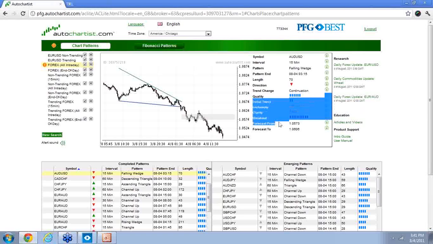Okay, when we look at this and we see the initial trend, we see that it's rated 2 bars. That's 2 out of 10, and we can click on this button here and see that it represents